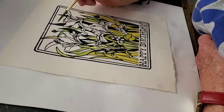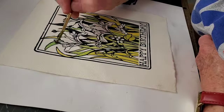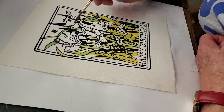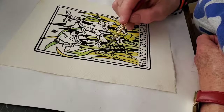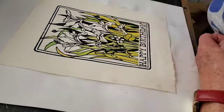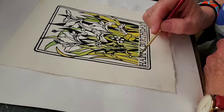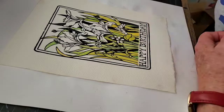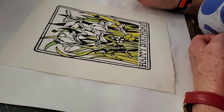But it's kind of fun. It's just like coloring in a coloring book, except with paint. So if you ever enjoyed that as a kid, you'll like doing this. Okay, there might be more to do, but